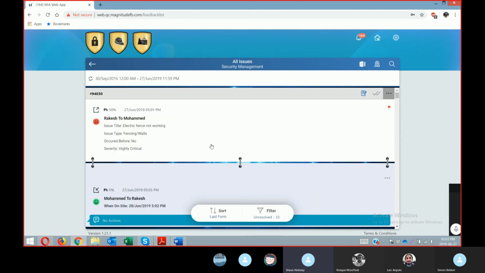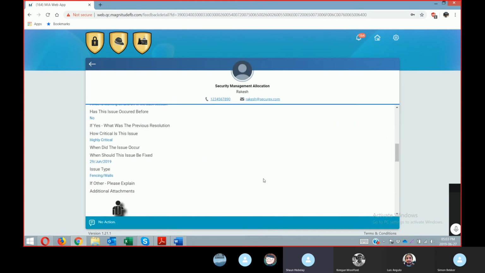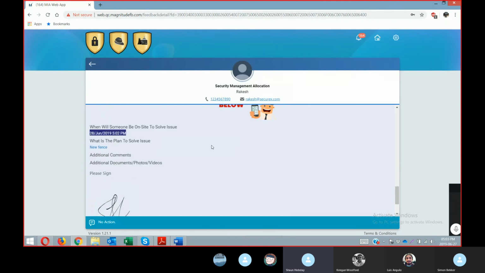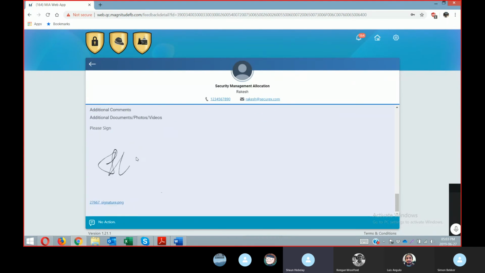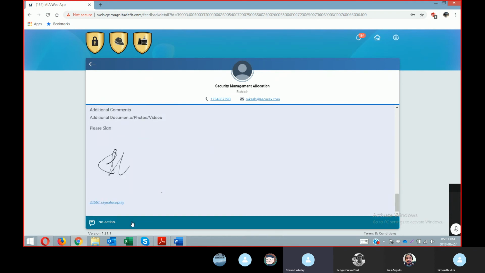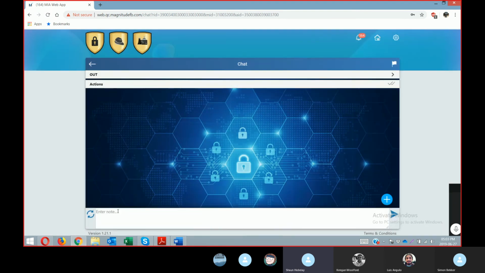There you go. As you can see, I've got my binding form with the corresponding response from what Mohammed has said back to Rakesh himself. If I click on the form, I can go in and view that Mohammed says that he'll be here tomorrow at 5 o'clock, and he's just going to bring a brand new fence for that. What I can do, because I'm logged in here as Mohammed, is I can go over here,